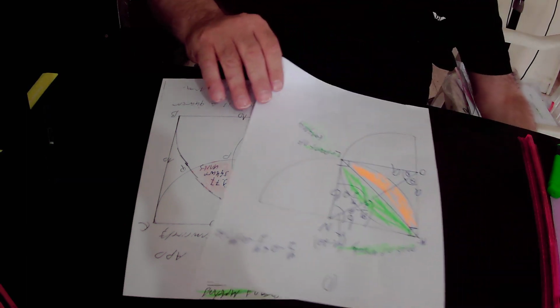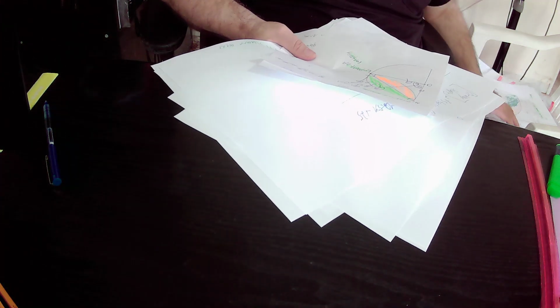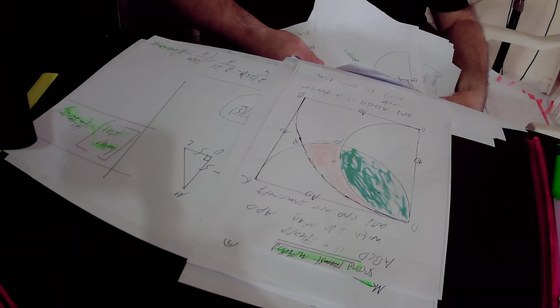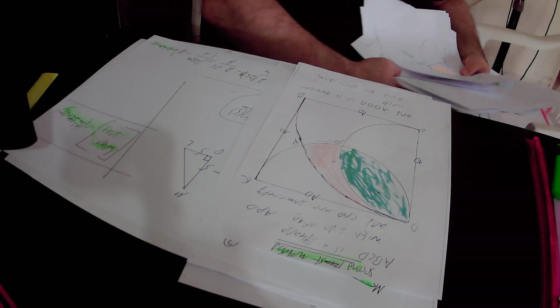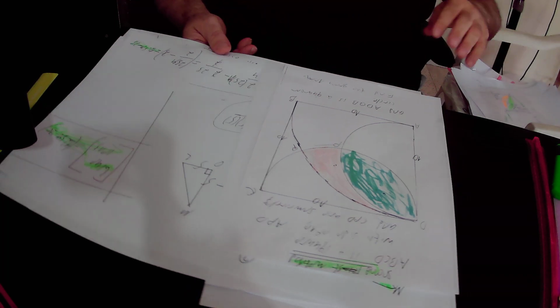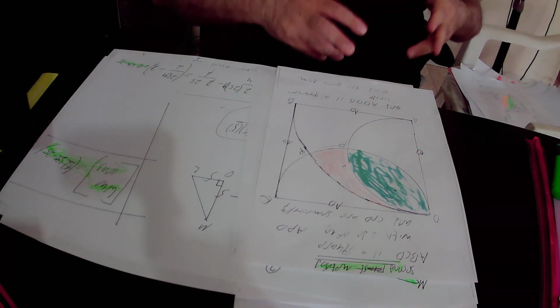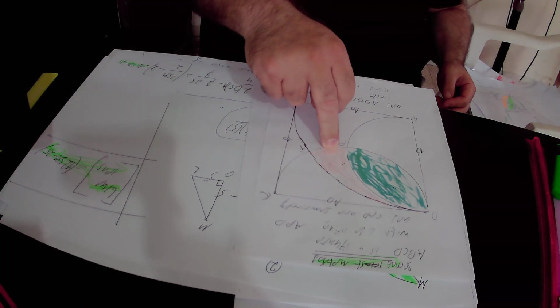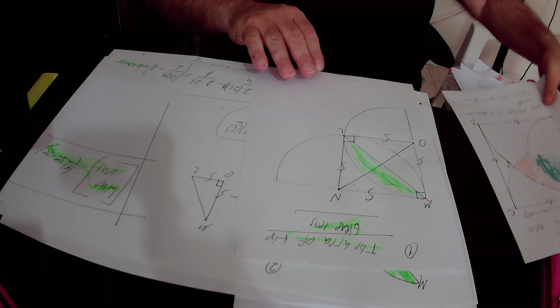Then in the second method, we didn't create a general formula for the area of a lens, but we calculated directly the two areas. We calculated the area of the big lens and the area of the blue lens, and we subtracted the two areas from each other, and we got the area of this orange shape. Okay, so here,